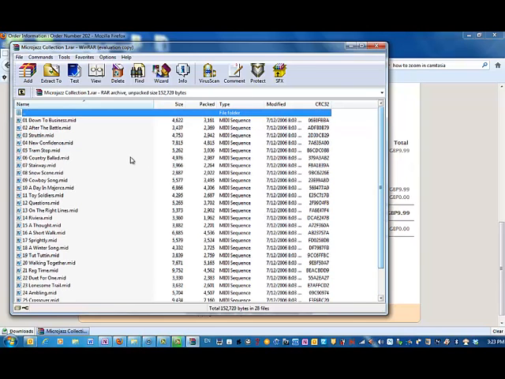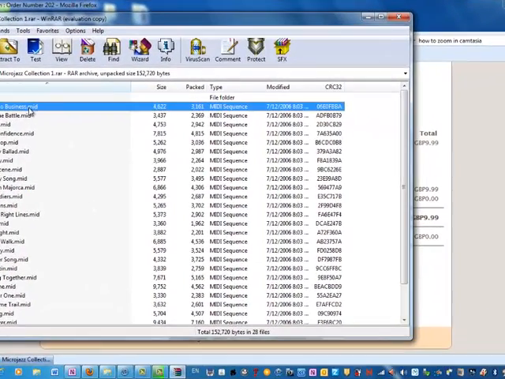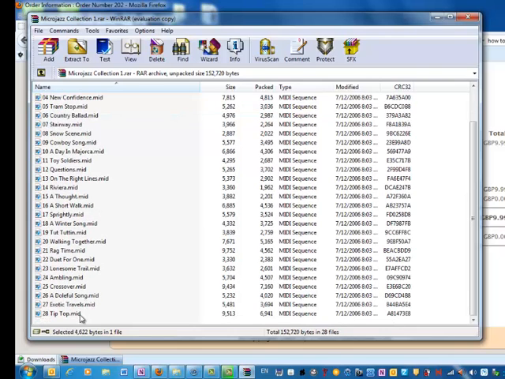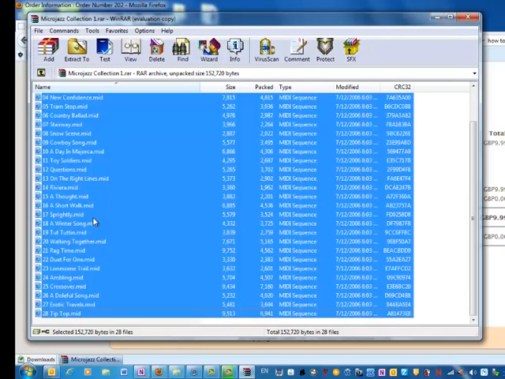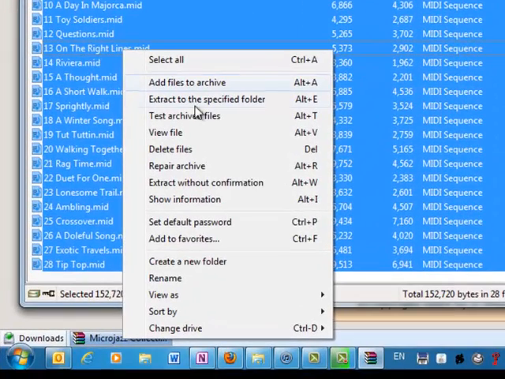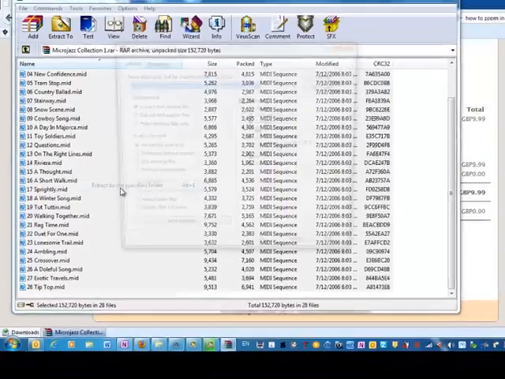So now we've got to work out how to get these onto the iPad so that Home Concert Xtreme can use them. So first things first, this is a RAR file, like a zip file. All of the files in this window are all zipped up, so we need to save them somewhere else where we can actually use them. So I'm going to click on the first one and click on the last one, holding down Shift so that I select them all. I'm going to right click, and we're going to extract to a folder,